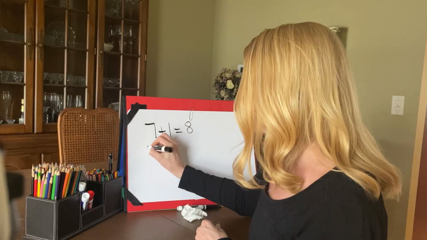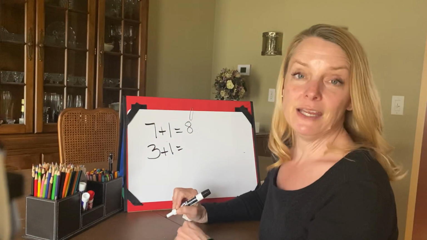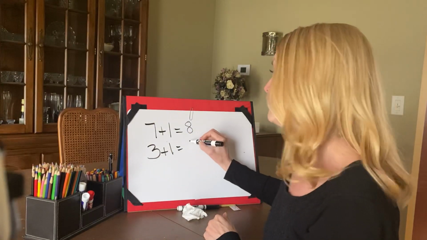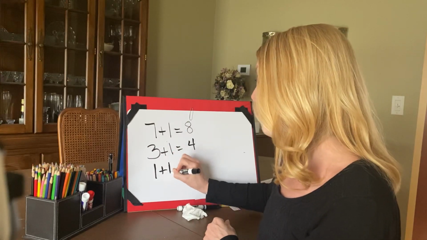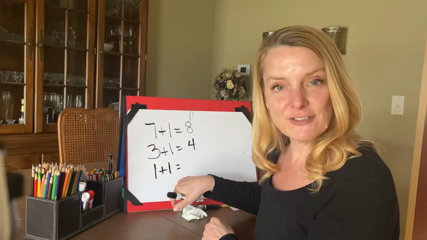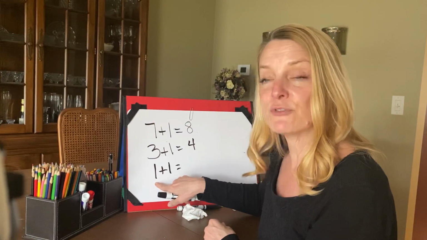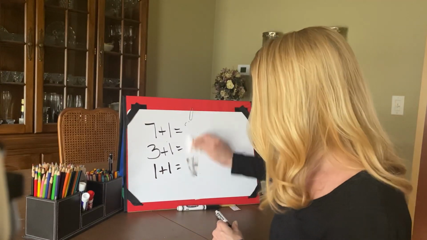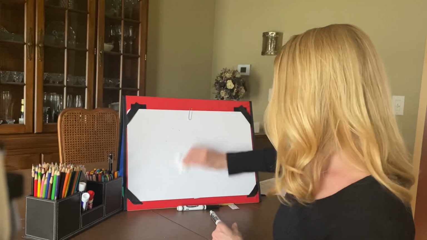And if I had 3 plus 1, the answer would be 4, because 4 comes right after 3. And if I had 1 plus 1, what would the answer be? It would be 2, because the number that comes right after 1 is the number 2. Great job. So today we're going to work on the next strategy, which is